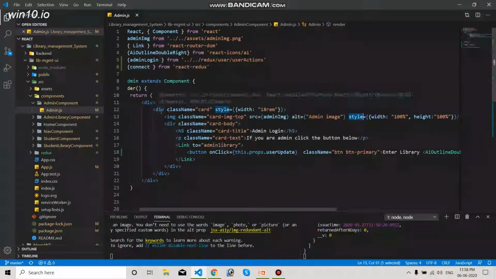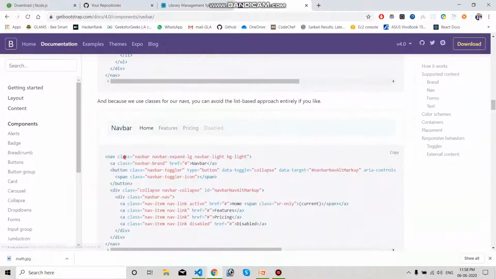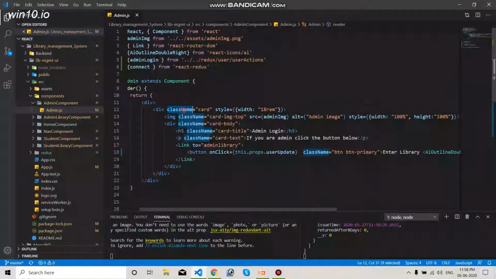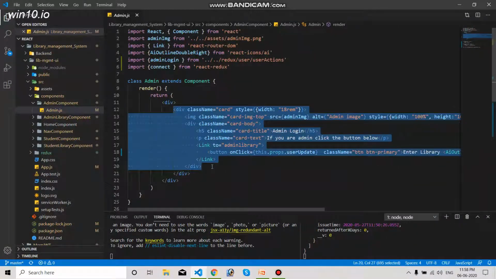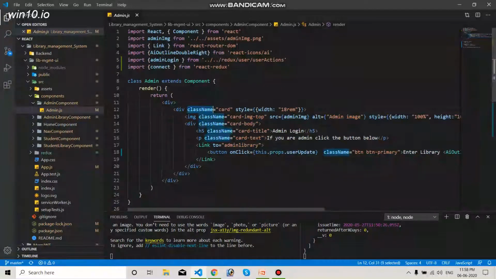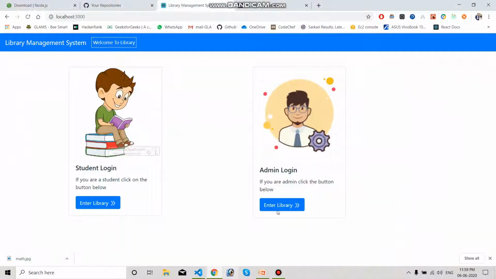I have used the Bootstrap card and applied some styling to modify it according to my requirements. Remember one thing: when you copy code from Bootstrap, it says class, so you have to change all those class fields to className, because in JavaScript class is the keyword reserved for creating classes, and for CSS classes we use className. So in this div tag I am saying className equal to card, and width equal to whatever modifications I have applied to make it look something like this, a better one.